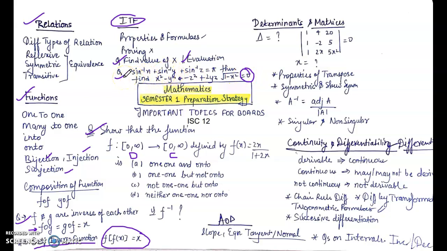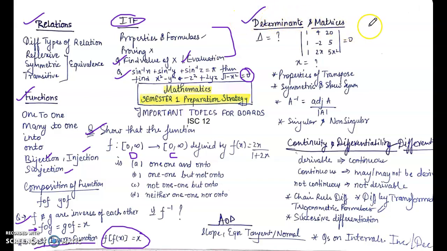The easiest step is you can take sine inverse z on the right hand side and then take sine on both sides. You will be applying the formula of sine inverse x plus sine inverse y on the left hand side, and on the right hand side you will apply that quadrant property. So you very well know how to tackle this question. It is all based on formulas, and you should also revise the domain and range of sine, cos and tan. They'll be asking you the principal value.